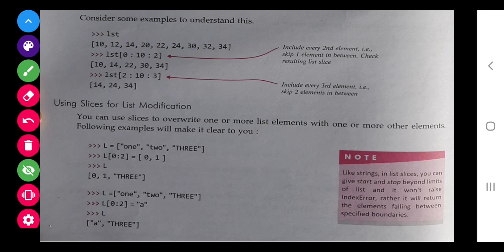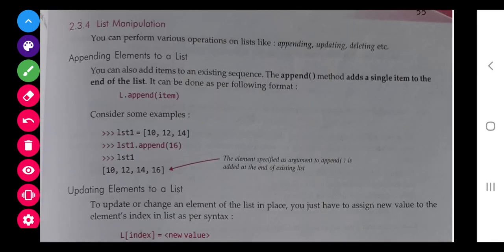That is what I want to say. So class, this is all slicing only, modifying the slicing. You try this practically.